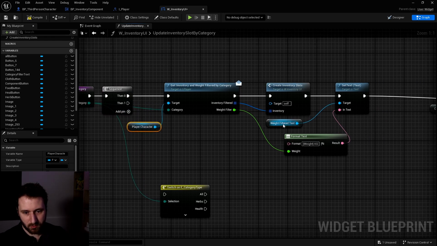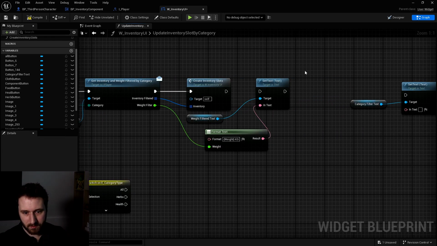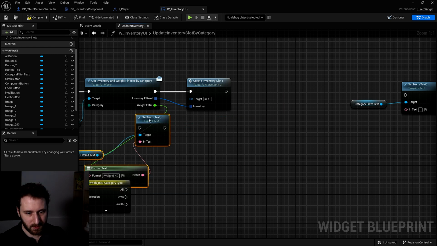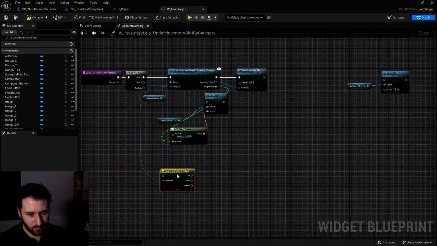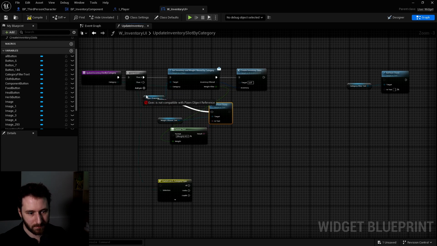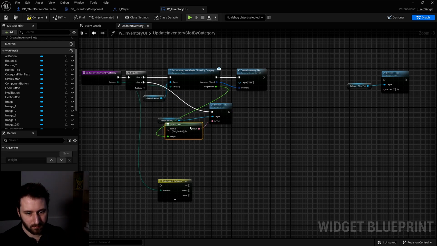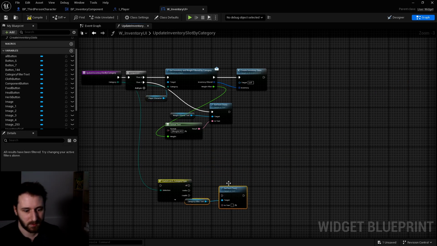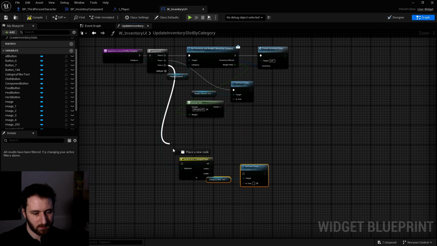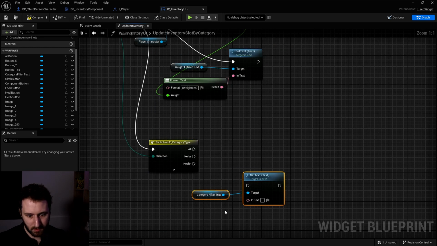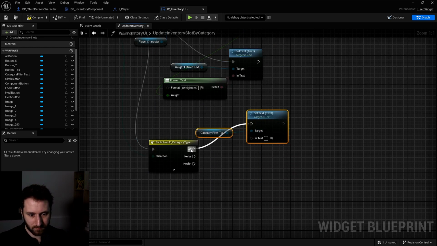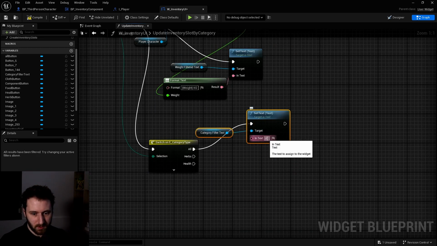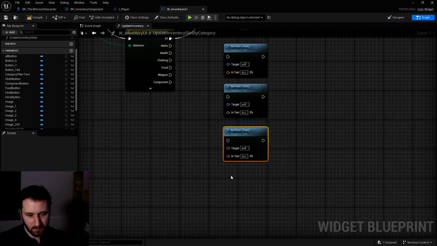So we have the sequence to make this, then the set text for the weight filter text will be in here. And the last set text will be there on the pin. Tac, like that. For all, the text will be all. 7 set text.